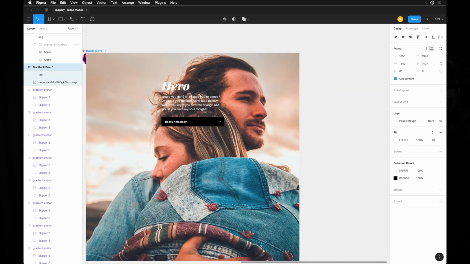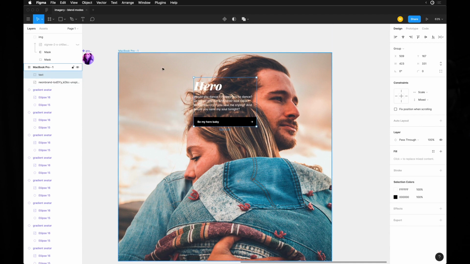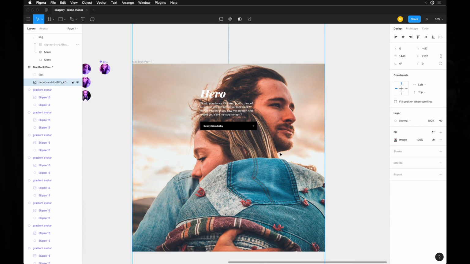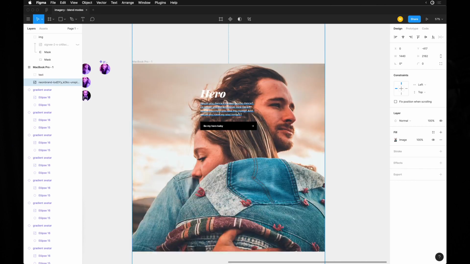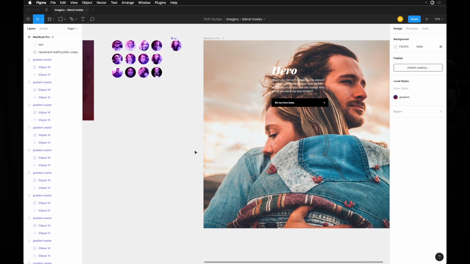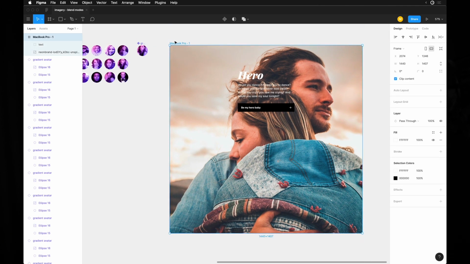Well, that's just not going to work. You could try to experiment putting this over here, or maybe over there. But a lot of times if you want to put text on images, it's just not going to work with full-on photographs. I mean, you could do something like this, and you've seen what we've done with some gradient overlays and some blurs, but having this as a blend mode and pulling in some color from the background is a really great way to manipulate photos with color, and that way it allows the text to be on it. So let's go ahead and give our background of this frame